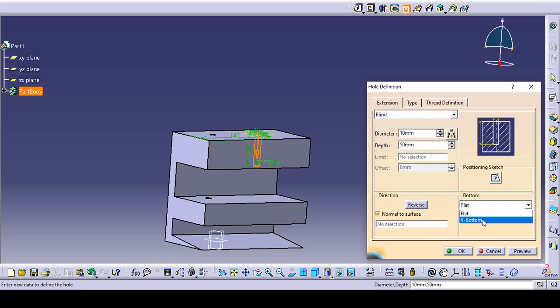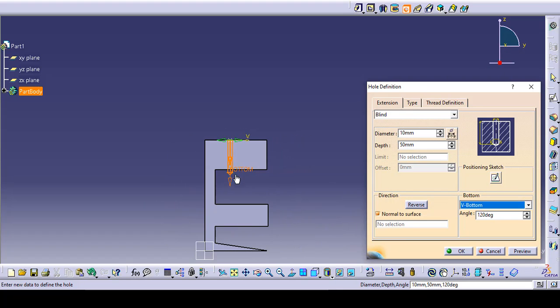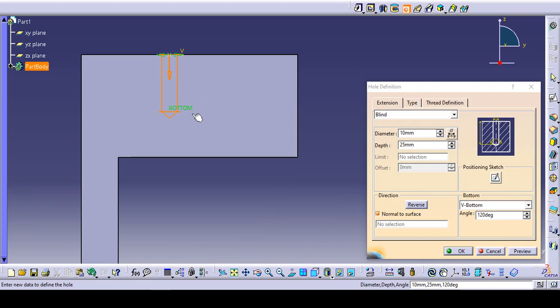Like we know what a drill is. In the drill, at the start point of the drill, we have a lip angle. So define the lip angle in the V-bottom. Like here you may see, if I decrease the length to 25, this is the V angle. The start point of the drill depends upon the lip angle. So if the drawing says the lip angle should be there, I can define 117 as per the drawing, or if I don't want it, you just need to select flat.